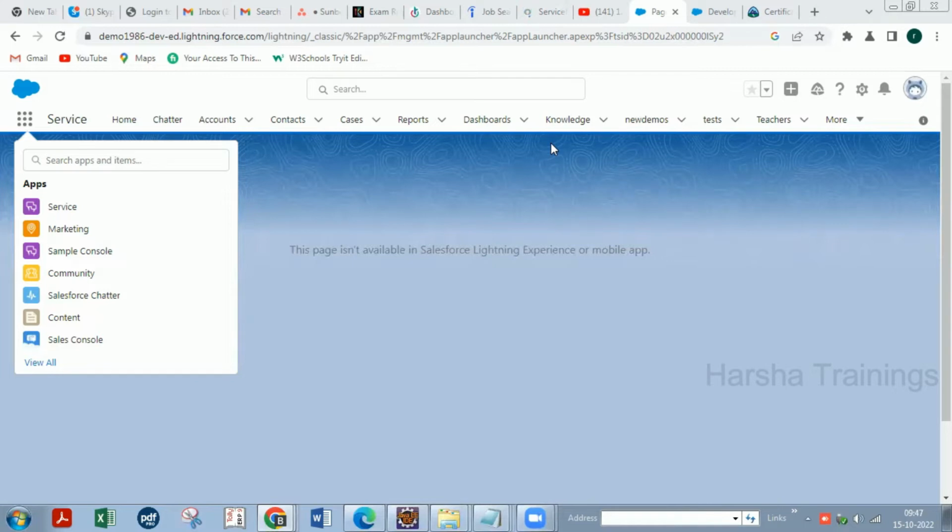Coming to IaaS, that is infrastructure as a service, companies like AWS and Azure provide the IaaS service. Coming to Salesforce, we have